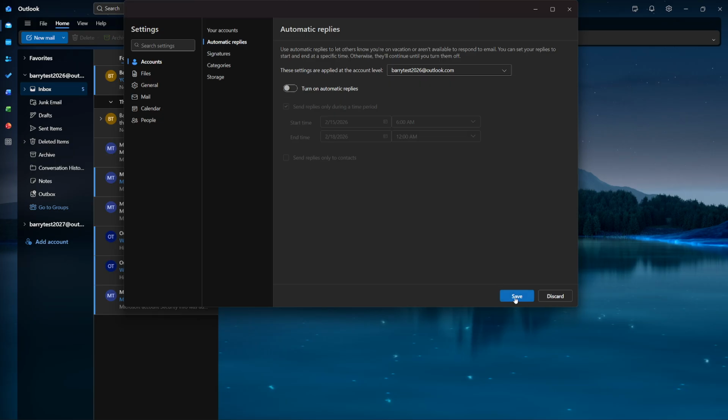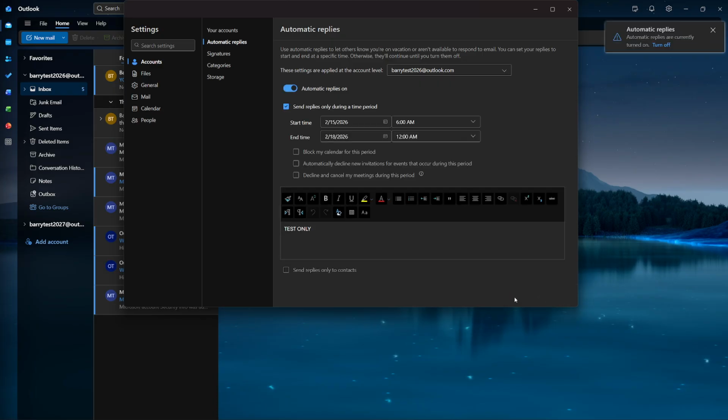This is the master off switch. Even if you had a start and end time scheduled, choosing this option immediately overrides that schedule and stops all automatic replies from going out. It's the fastest way